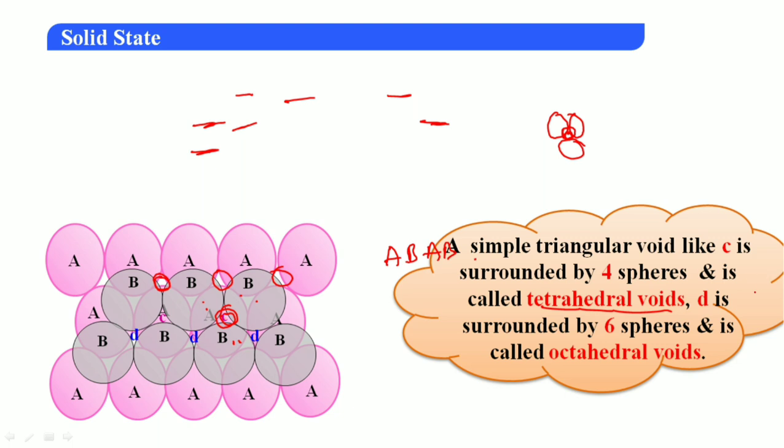So in the same thing, this D you can see here. See, D which is surrounded by 6 spheres, below pink color 3 and this light brown color here 3, which means a total of 6 spheres is surrounding this D. That is called an octahedral void, which means tetrahedral voids and octahedral voids are formed when a two-dimensional hexagonal layer AB type is present and the second layer is present on the depression of the first layer, that is the triangular void of the first layer.